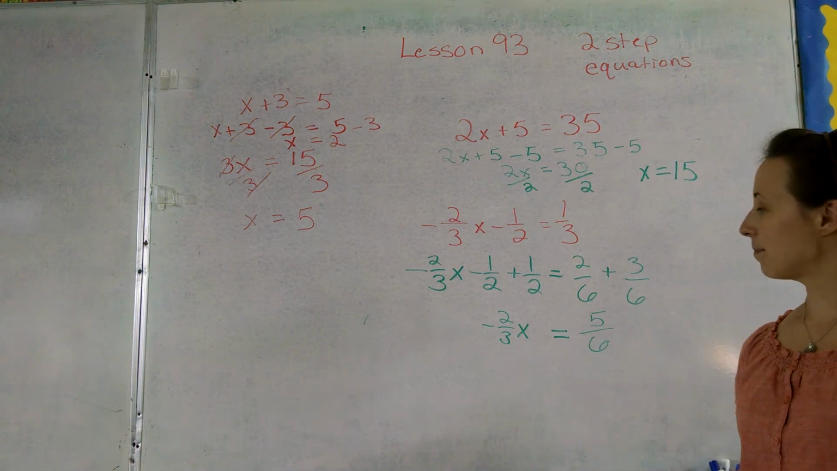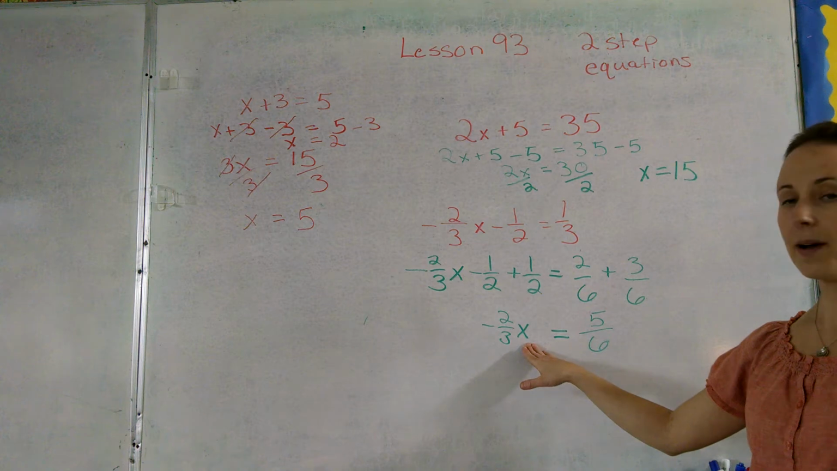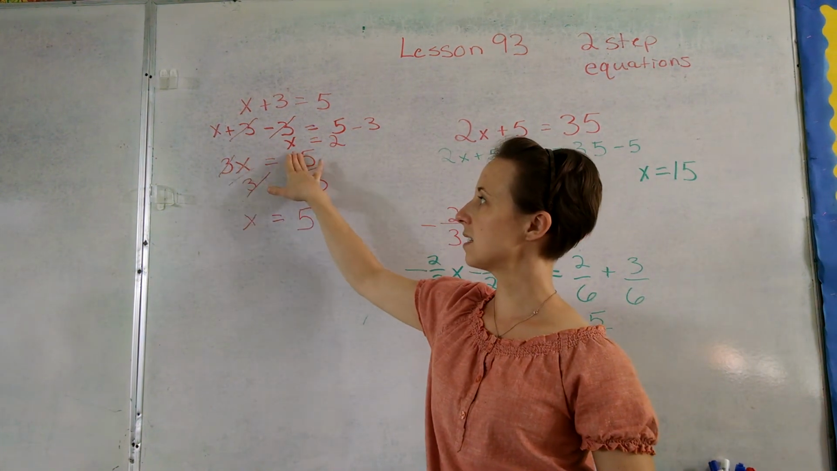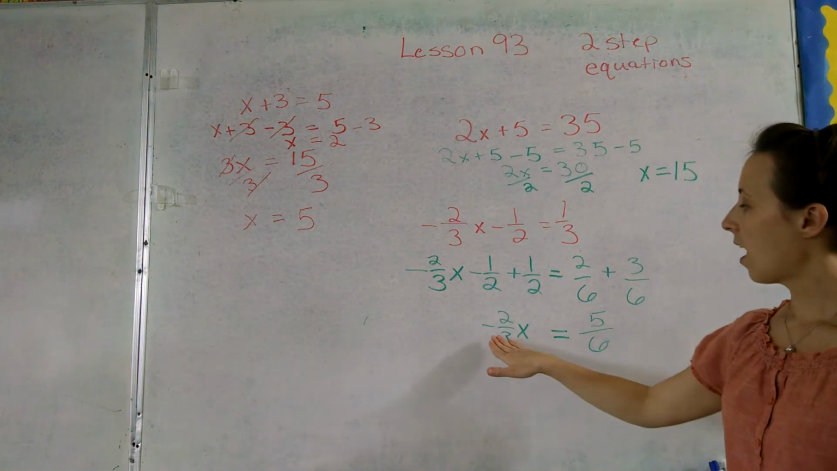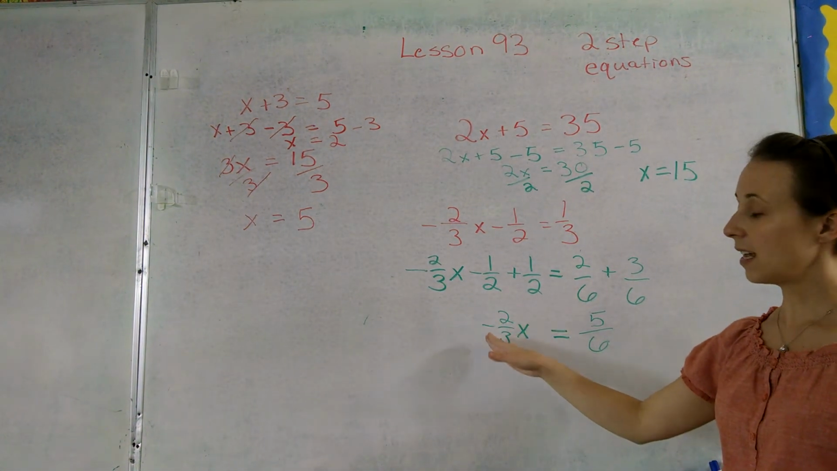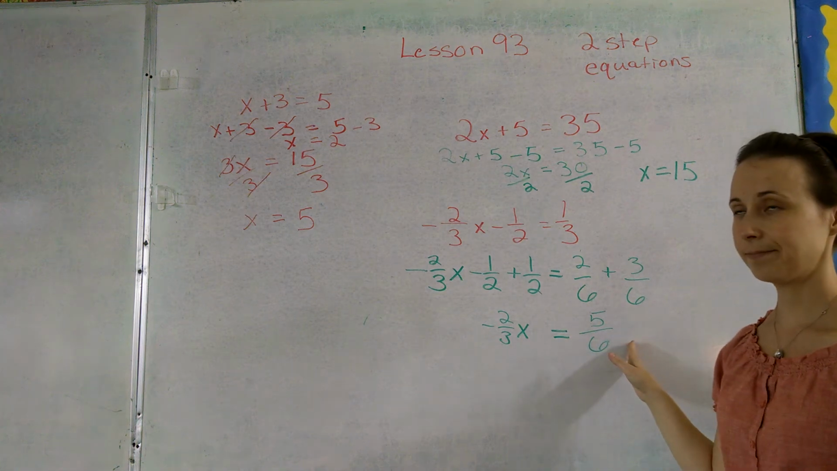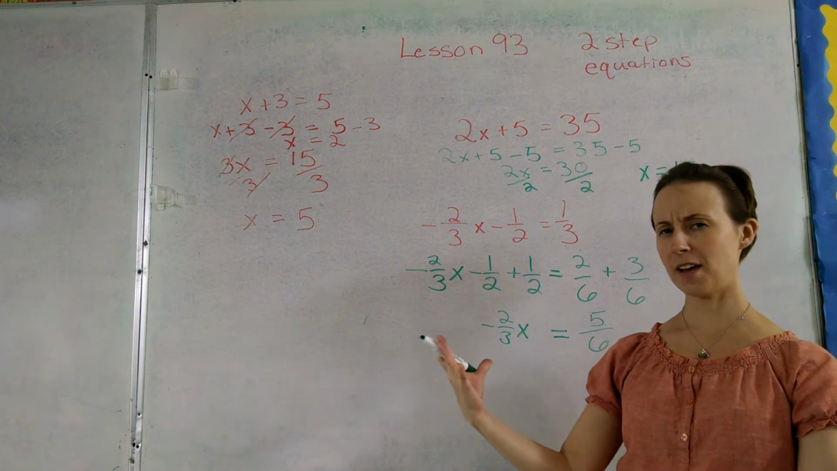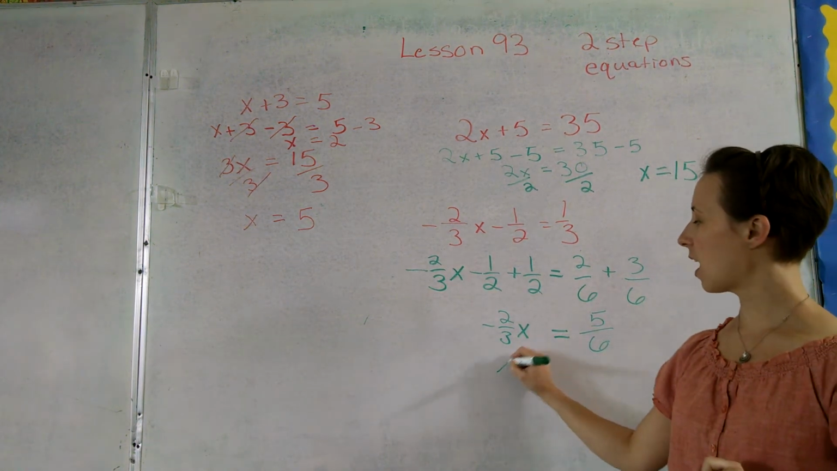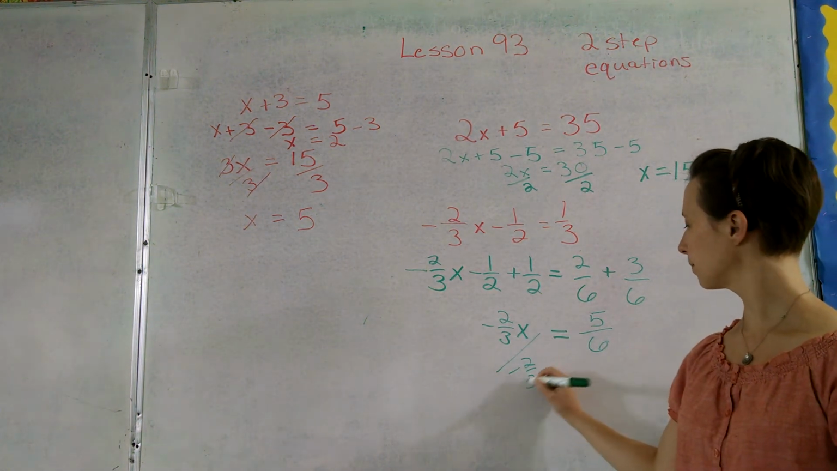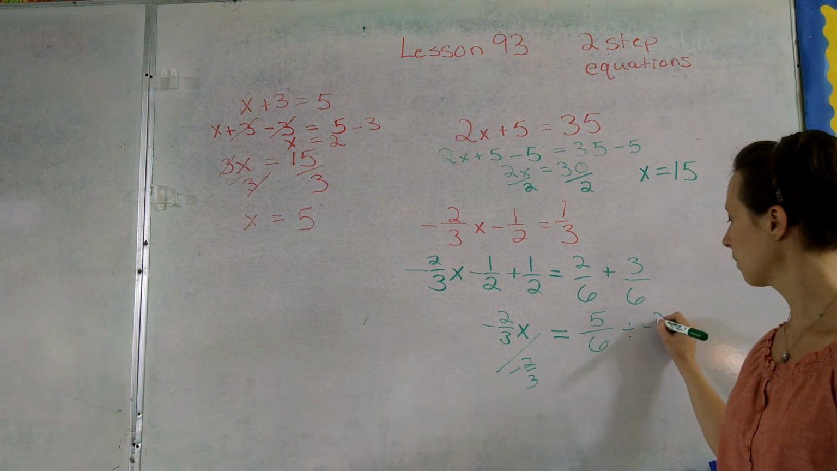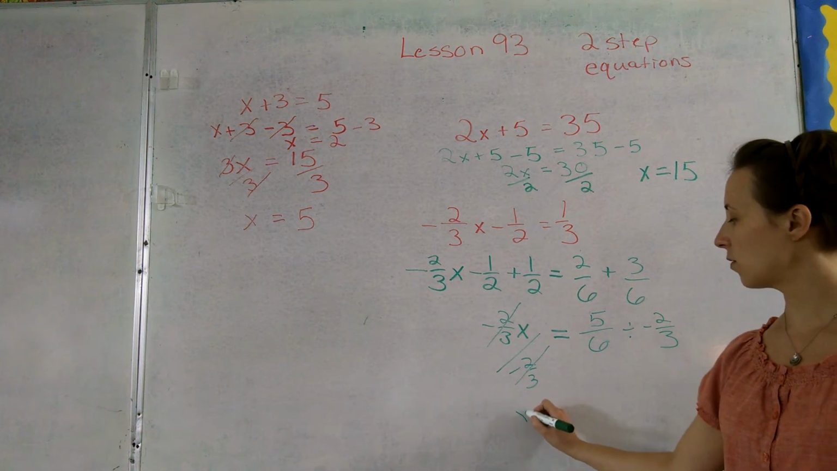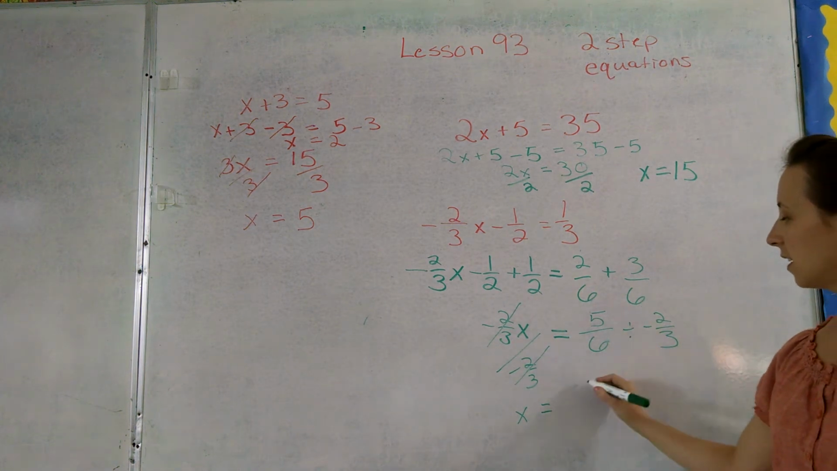Now we're going to do the second step. I have something multiplied by x equals something. Same as we did here. Something times x is something, so we divide. I need to divide by negative 2/3 on both sides. Now you have two choices here. Choice 1, the old-fashioned way. Divide on both sides by negative 2/3. When you do that, the negative 2/3 will cancel out. We'll be left with x equals 5/6